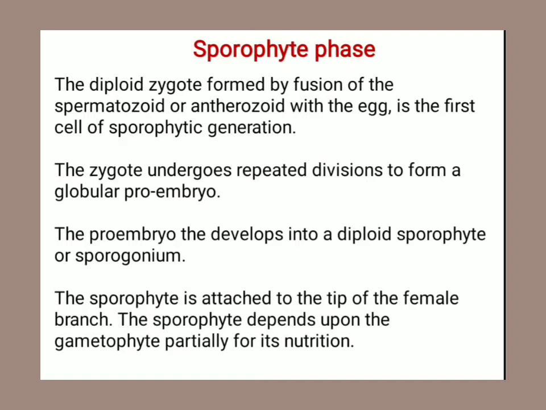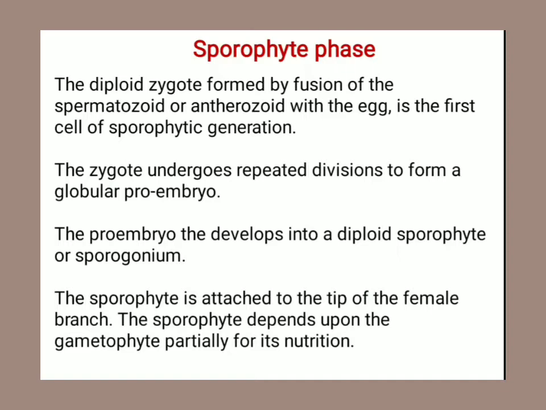anthrozoids develop. First, antheridial branches develop. In the antheridial branch, antheridia develop anthrozoids, the male reproductive organs. It is also known as the antheridial branch. In the archegonial branch, archegonia develop, and the egg cell and anthrozoids fuse, and it converts into the zygote, and this phase is known as the